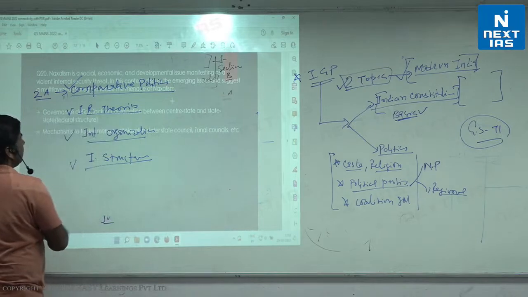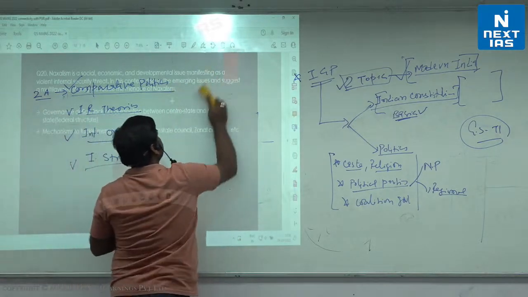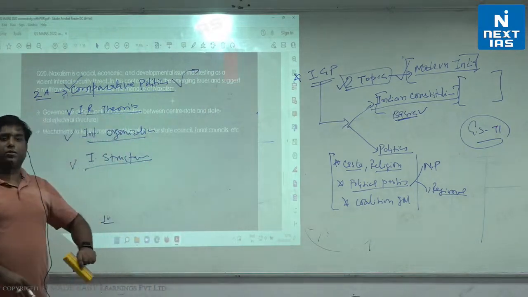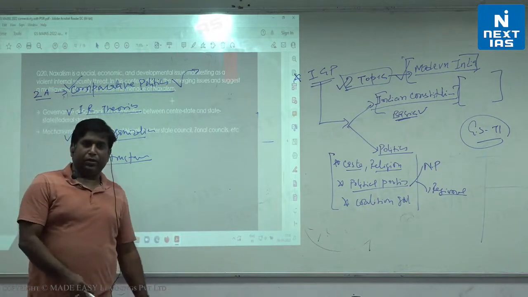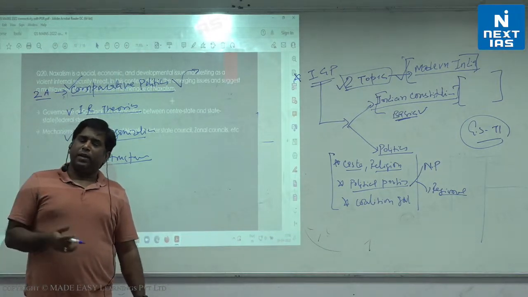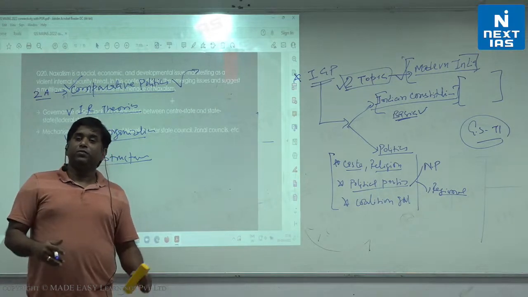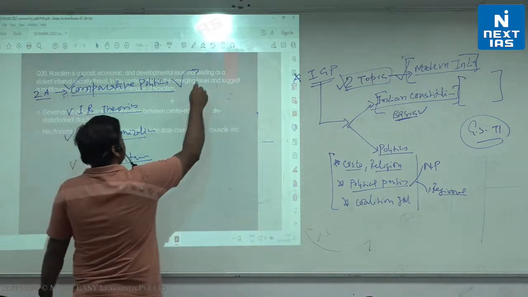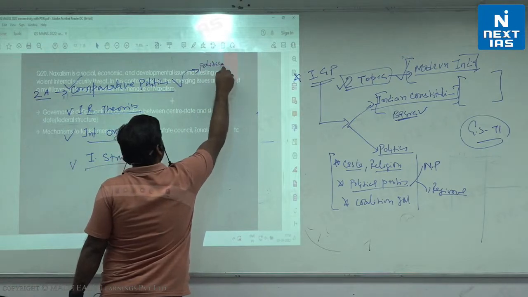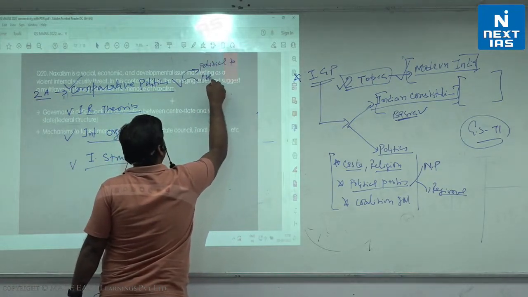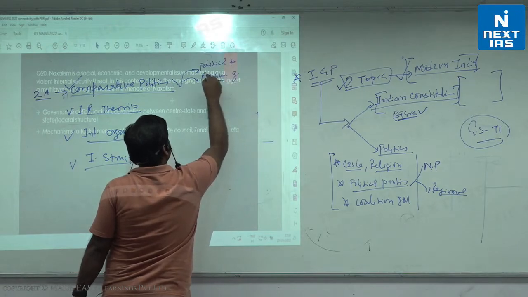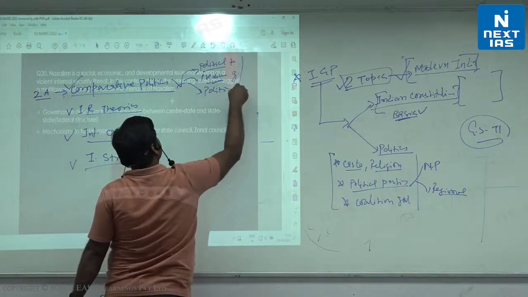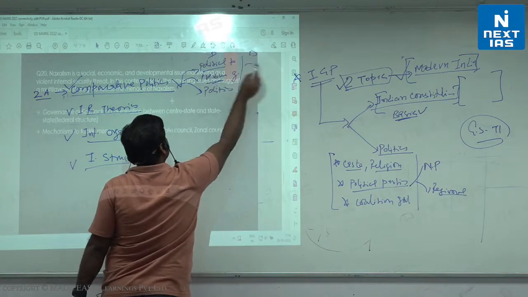Now, the further division when it comes to comparative politics. So here, what does comparative politics mean? Like comparison of the political system of one country to another country. So we don't study comparing the Indian political system to America. We do a comparison of developing countries with the developed countries. So you will find comparison of political parties, comparison of pressure groups. You can find even comparison of politics between developing countries and developed countries.